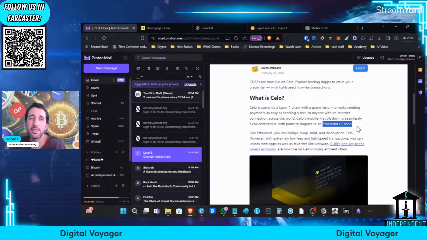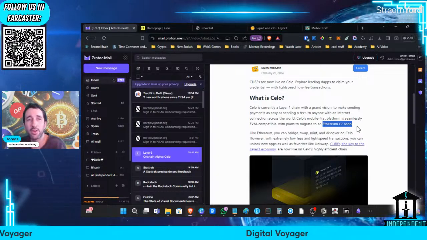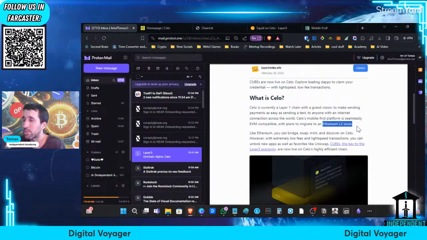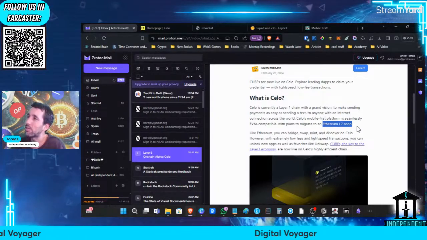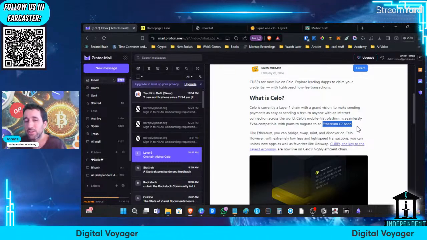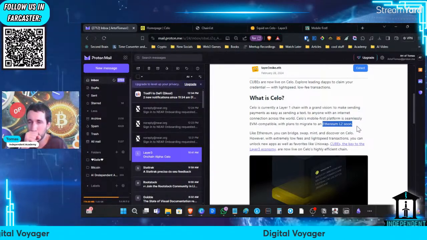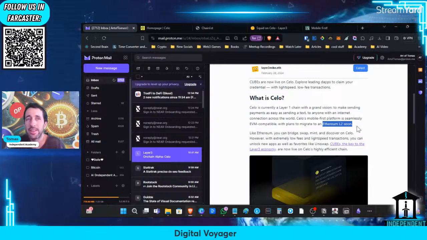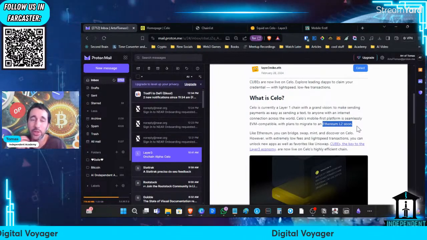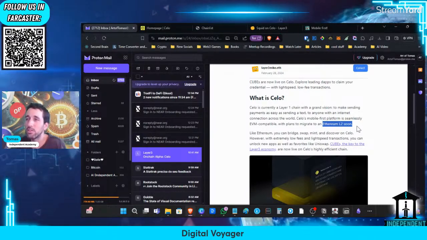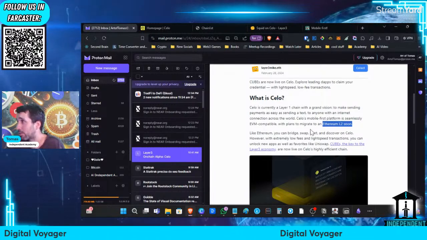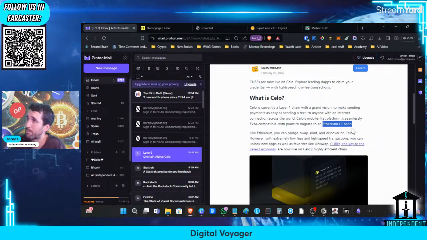And basically CELO at the moment is operating as its own layer 1, which has been completely optimized for mobile to make it easy for people to send and receive money. But now they will be migrating, and they will convert the entire layer 1 into a layer 2 in Ethereum. And it is showing the weight that the Ethereum ecosystem has, which is now bringing other layer 1s into becoming a layer 2 of Ethereum. This is actually a quite interesting showcase of where the industry is going.